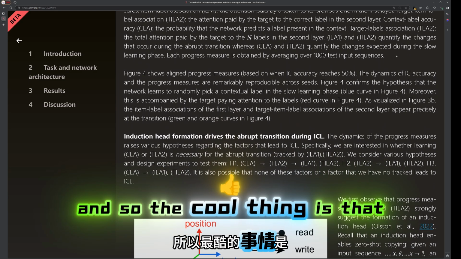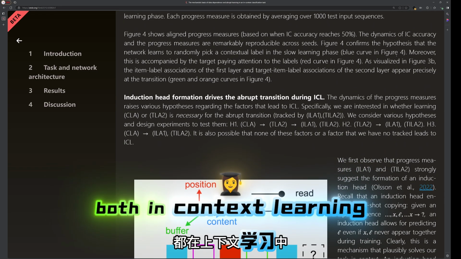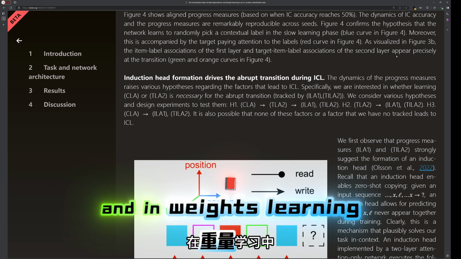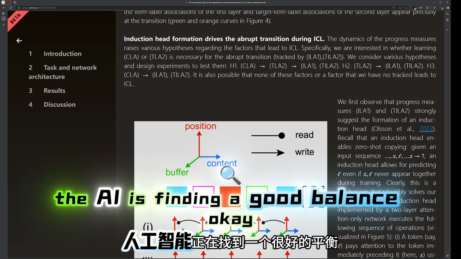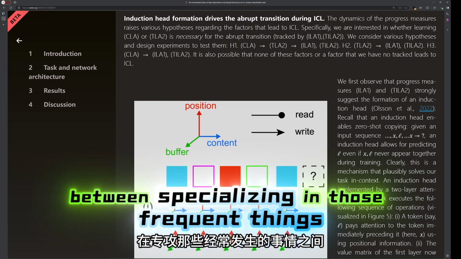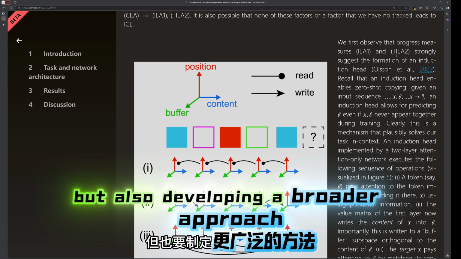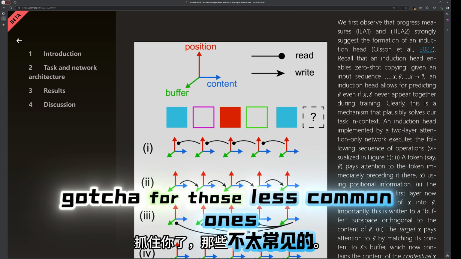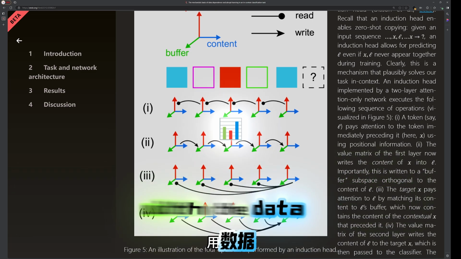And so the cool thing is that this distribution seems to benefit both in context learning and in weights learning. Interesting. So it helps both. Yeah, it's like the AI is finding a good balance between specializing in those frequent things, but also developing a broader approach for those less common ones. That's really cool. Okay, so we've talked about all this different stuff with the data,